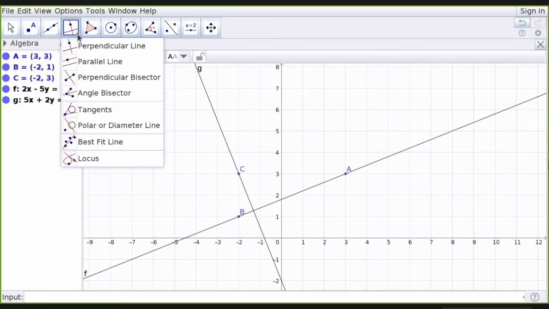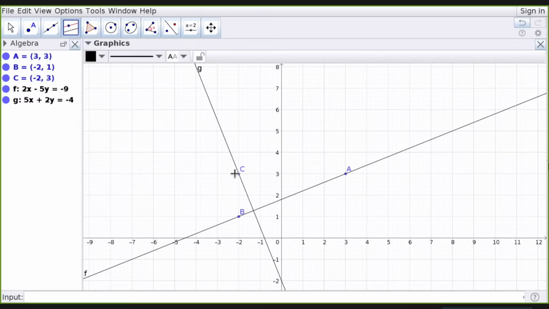If you want to draw a parallel line, if I want to draw a parallel line to the perpendicular line, its name is G. If I want to draw a line parallel to this line and passing through B, I will click on this line. Then you can see as I move my mouse, the line is coming. I can click anywhere and I will get the parallel line. I can click on B and I will get a line like this.